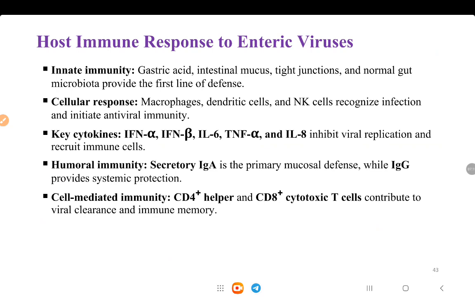The host immune response to enteric viruses in viral gastroenteritis involves multiple components. How will the immune system deal with enteric virus infections? Innate immunity develops first against gastroenteritis viral infection, including gastric acid, intestinal mucosa, tight junctions, and gut microbiota as the first line of defense. After that, the cellular response involves macrophages, dendritic cells, and natural killer cells, which recognize the infection and